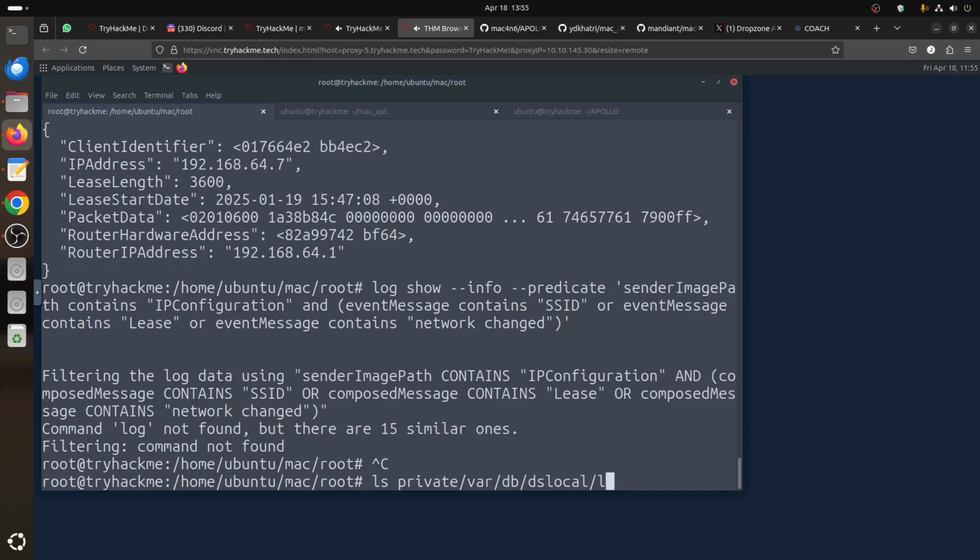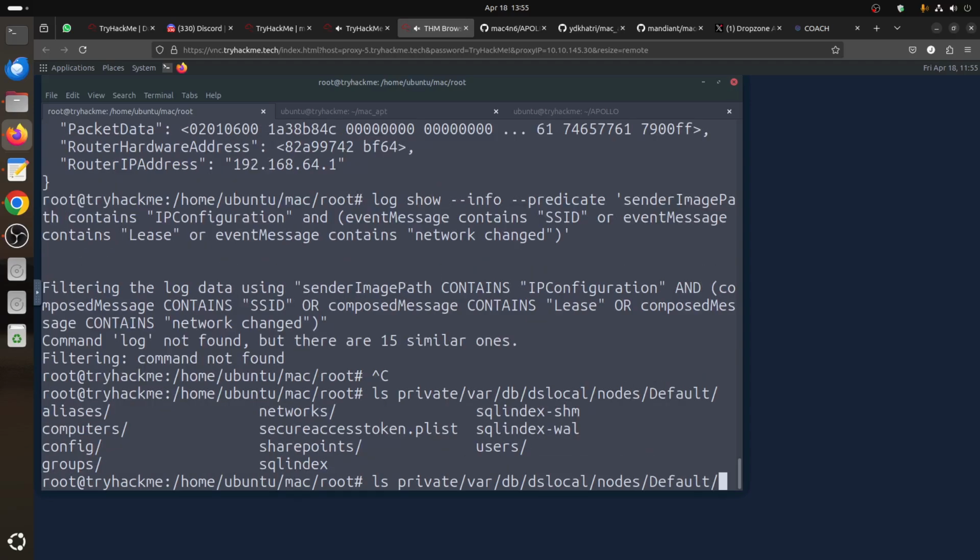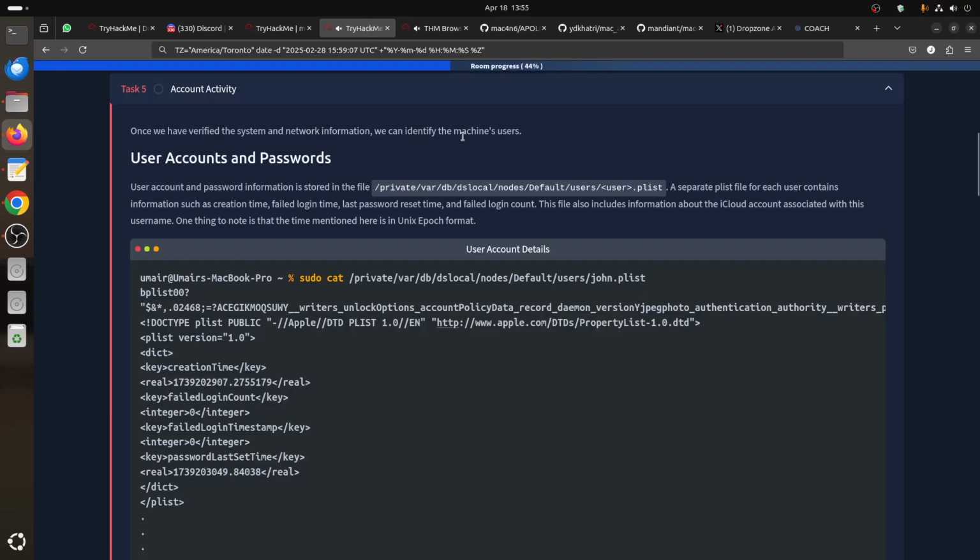Local nodes default. Oh, that's the users, and then